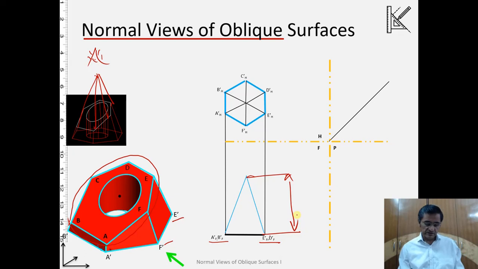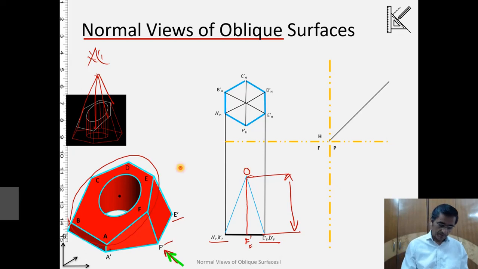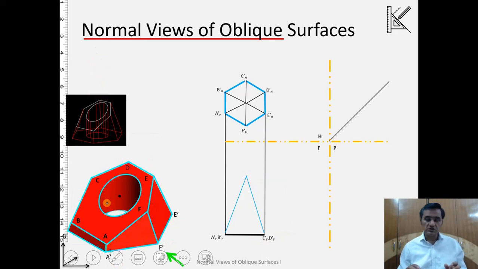Of course, in this case, the direction of viewing is this, so there should be a line. If the pyramid is not truncated, that is how the line will be there, which will be F dash F and the vertex of it, the O point. If we complete the frontal projection of this, that is how the frontal projection of the object will look.